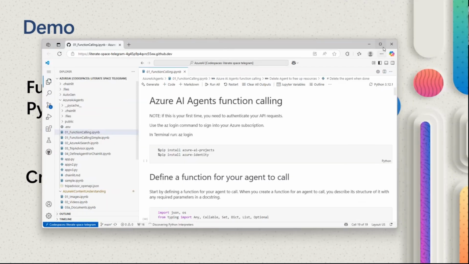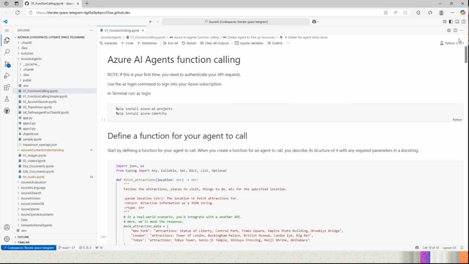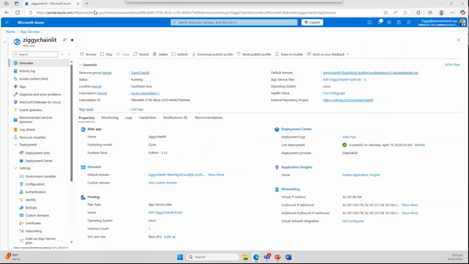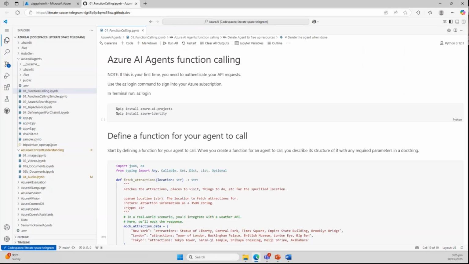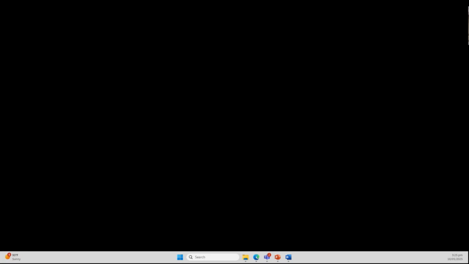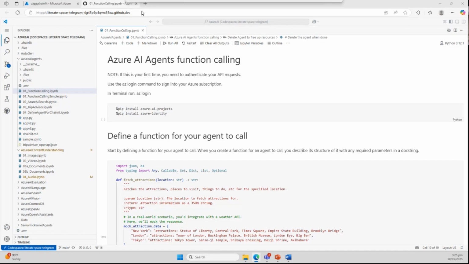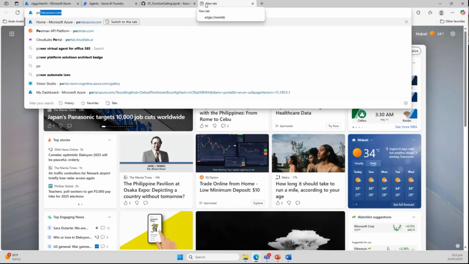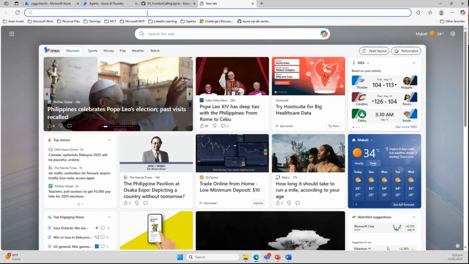So here's our code. So the first thing you need to do is to go to Azure AI Foundry. So let me just remove this presentation for now. Let's put it here, and let's get my AI Foundry and put it here. So the first thing you need to do is, number one, set up your Azure OpenAI resource. You need to go to Azure AI Foundry. So we'll go to ai.azure.com.